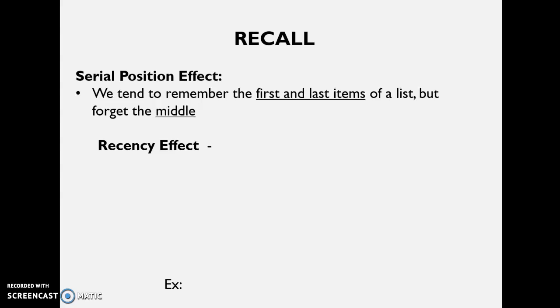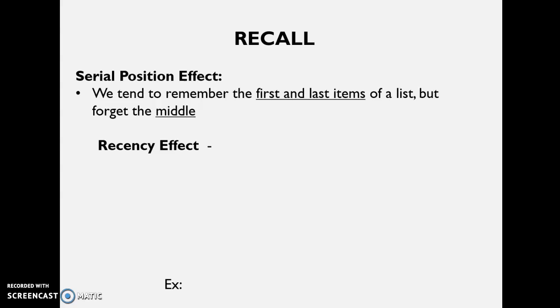All right, let's talk about serial position effect for a moment. If you remember, short-term memory has a very limited amount of space that we can maintain and hold information. Remember, that was 7 plus or minus 2 pieces of information, so anywhere between 5 and 9 can be in our working memory. And what we found is when we give a list of information, numbers, names, a sentence, etc.,